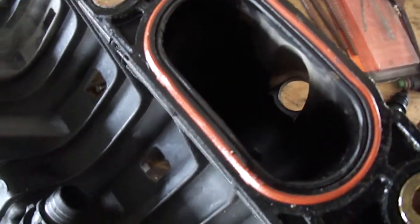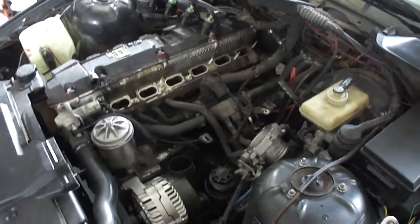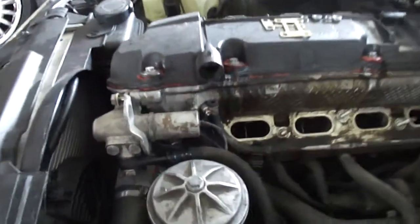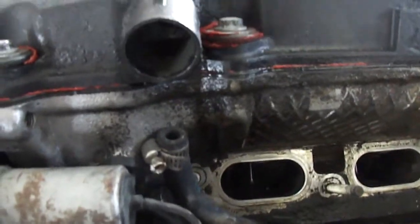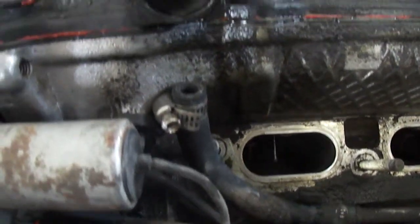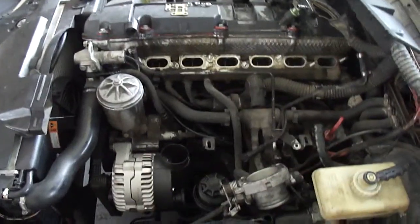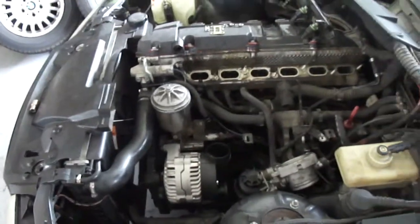PVC valve or not, and if you can see in there, you can adjust the camera a little bit, there's a little bit of oil in each of the ports on here, so I'm sure that it's sucking up an ample amount of oil. So I think that I'm gonna try and install an oil catch can coming off the crankcase. As you can see, there's oil just basically weeping up out of the crankcase from that PVC valve. So I'm probably gonna make a run here to the parts store soon, get another PVC valve and an oil